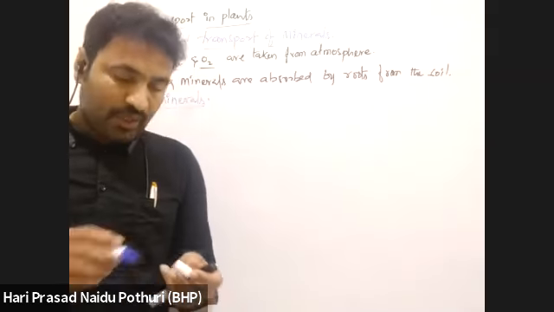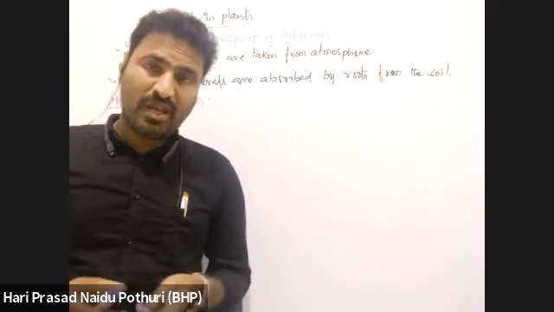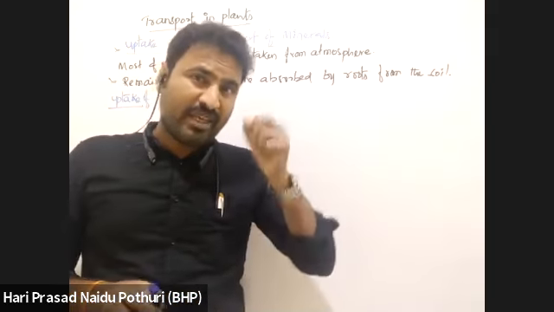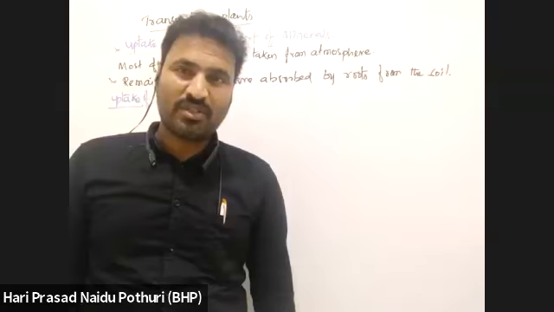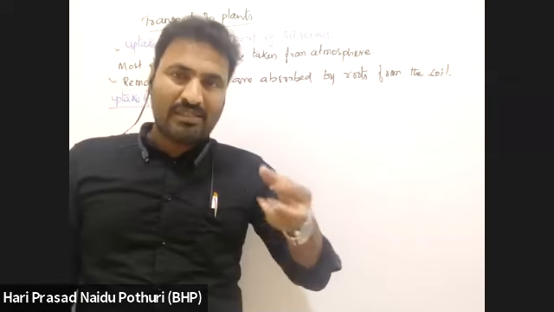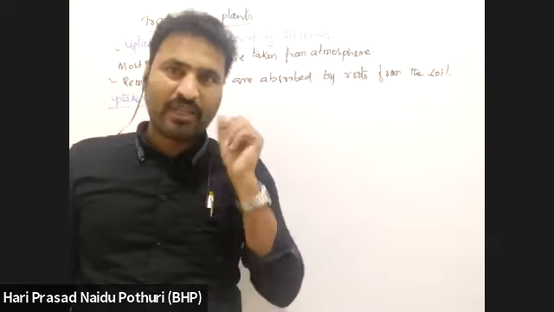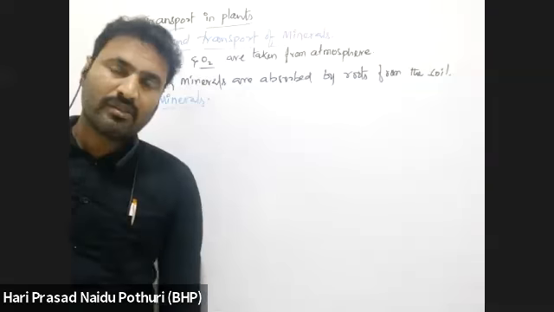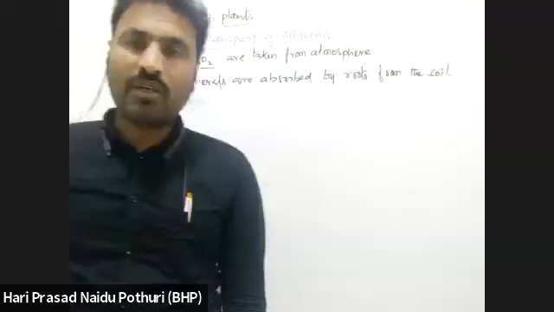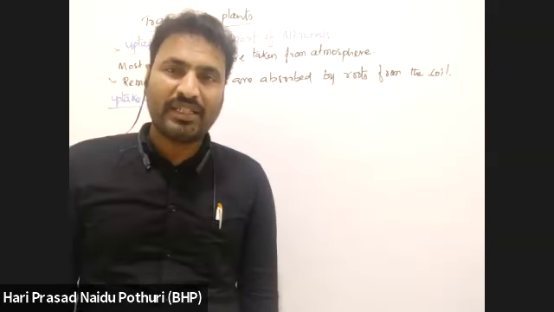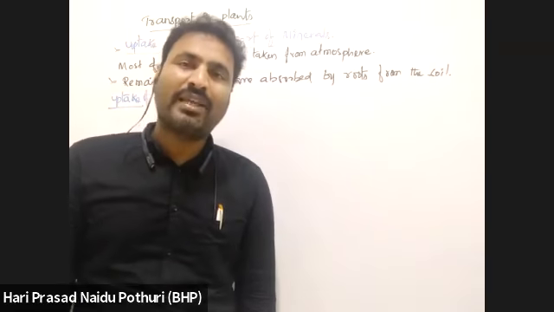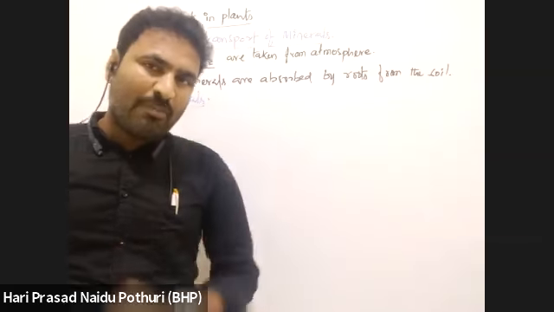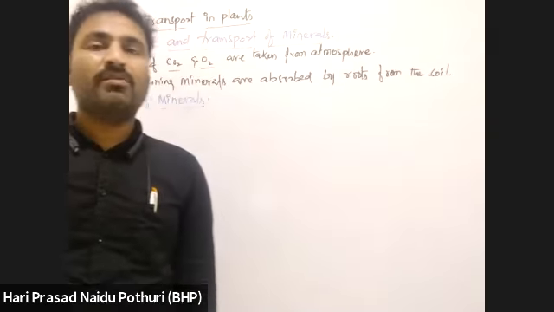Normally, in the water transport we saw, which is long distance transport, water is taken by the epidermal cells of the roots. Epidermal cells along with the root hairs take up the water. That water will enter the epidermis, then cortex, then endodermis and pericycle. Finally, it enters the xylem and is carried to the top parts of the plant. That involves apoplastic or symplastic mechanisms, as we know.